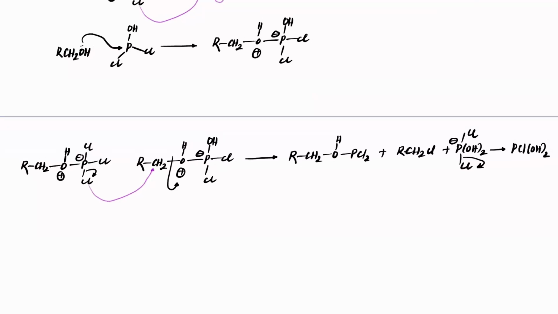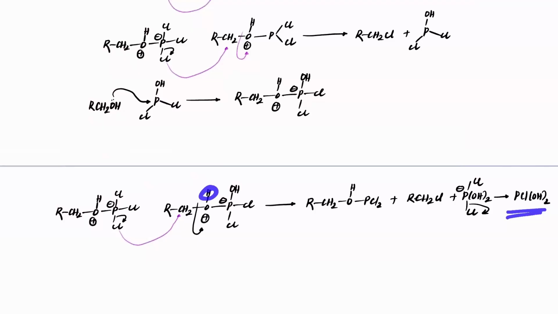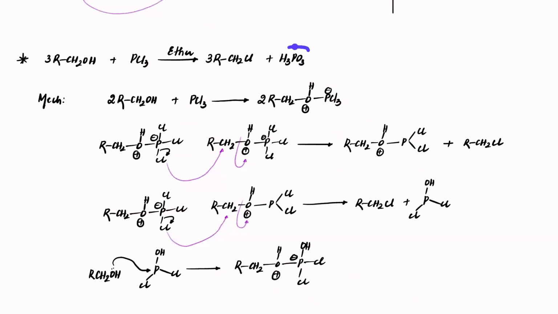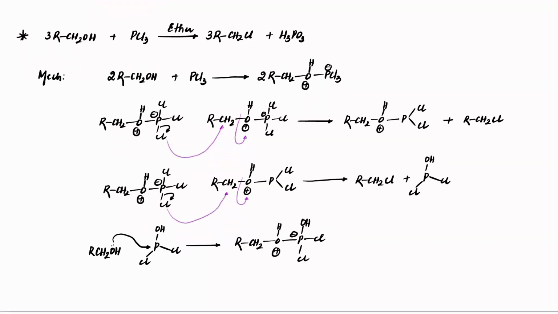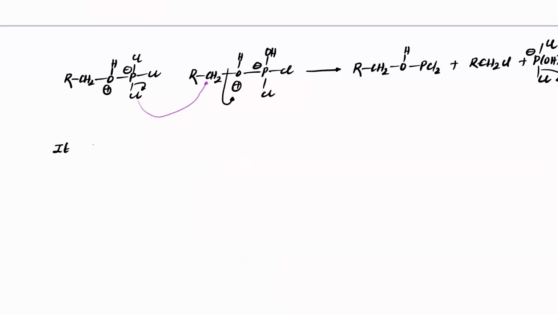So can you imagine? This will keep on happening stepwise till it completely becomes POH thrice. So what is typically noticed is that there is not a complete transfer of Cl minus with H plus. So HCl formation is not observed at all. So everything will convert into H3PO3. Correct? So it's like a chain reaction, till all of PCl3